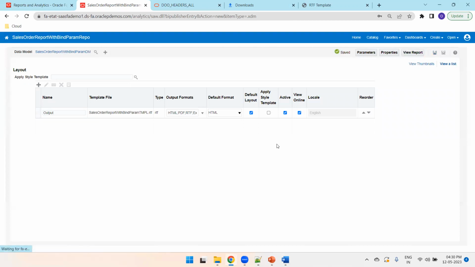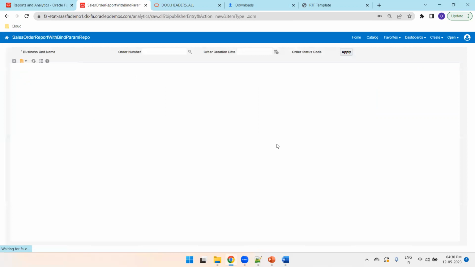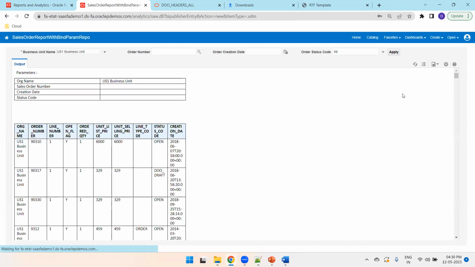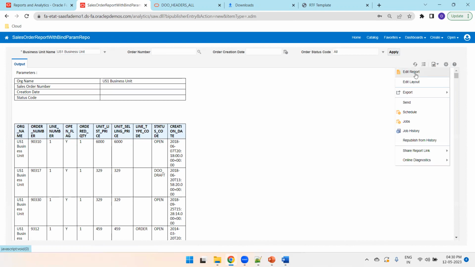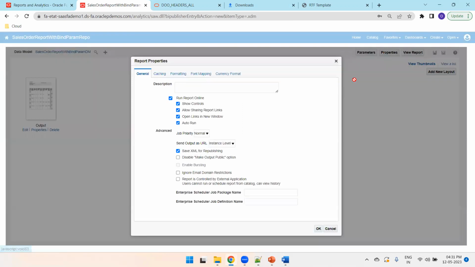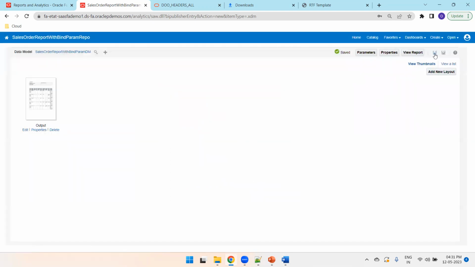As of now, we'll just ignore and let us click on view report. Click on view report and let us enter the parameter values and see how it works. So by default, it is executing. So this is not a good practice. What we can do is click on this gear icon, because it may fetch a large amount of data. So click on edit report and click on properties, and here auto run. Make sure that you unselect auto run, because if it is huge data, it simply stalls the report. Click on view report,